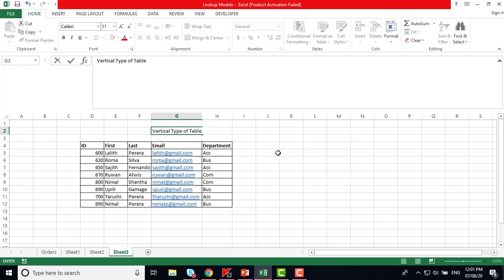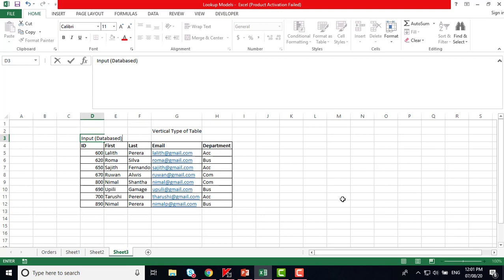So it's a vertical table whereby we want to extract some information. Assume it's a large scale database, right? So I am taking a very small example to explain how this vertical function, or the VLOOKUP function, is going to work. Now, for example, this is your database or your input area, right? Your input or the database, from which you have to extract some kind of information to your user.